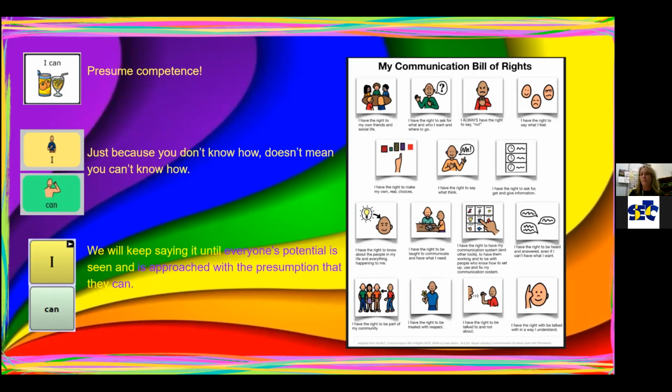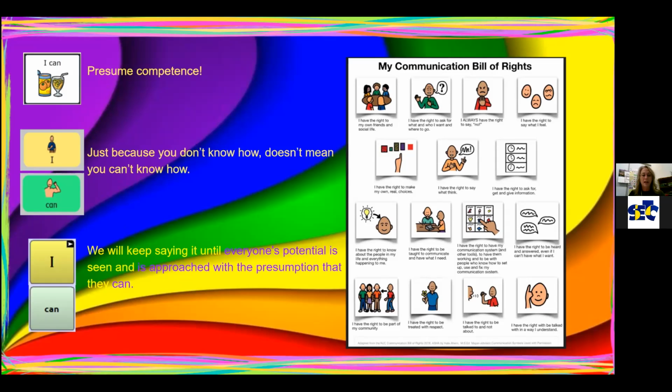I feel presuming competence comes into that as well. I think that's really important. So it's really having this idea that it's not just something that we think about, but something that we implement. So, I talk about my good colleague, Mike Hipple, who's an AAC user and uses Unity and